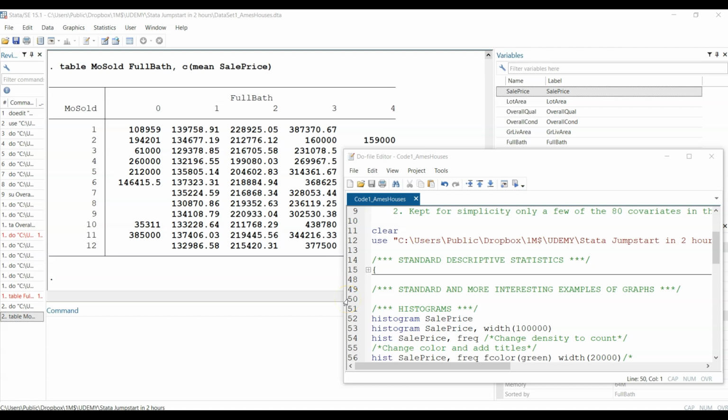So after you look at the descriptive statistics of your data, which we did in the previous video, about the mean, the average, centiles, and maybe some kind of a pivot table with the help of the table command in Stata, the next, of course, is to look at graphs. If you have not watched the previous video, you have to open this data, code 1 Ames Homes, load the data and proceed to line 51,